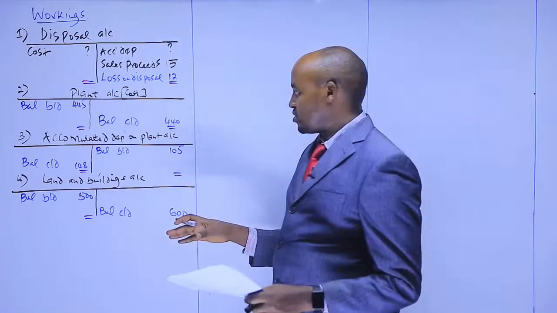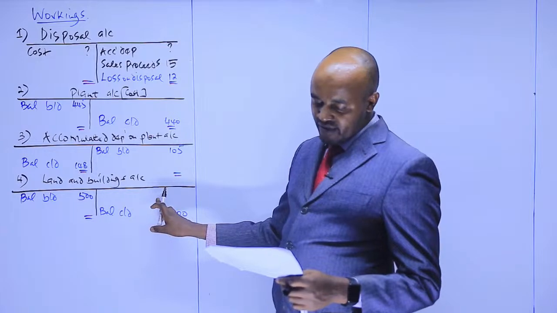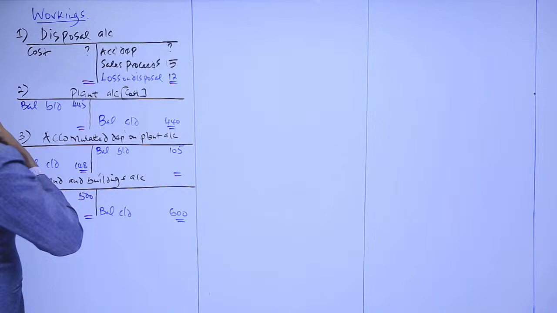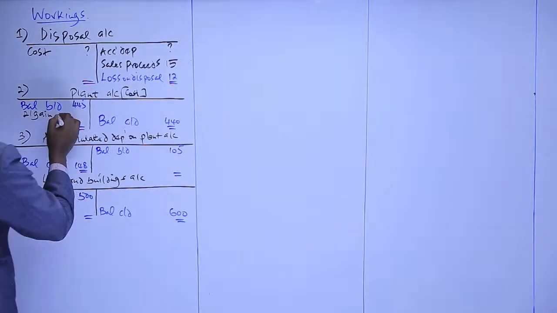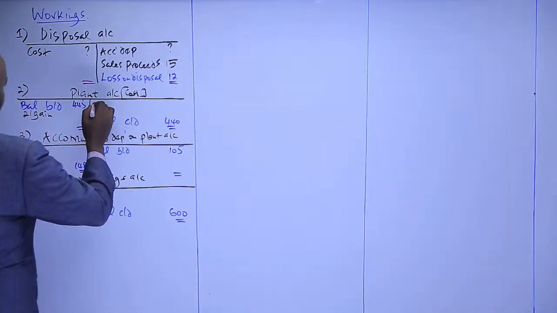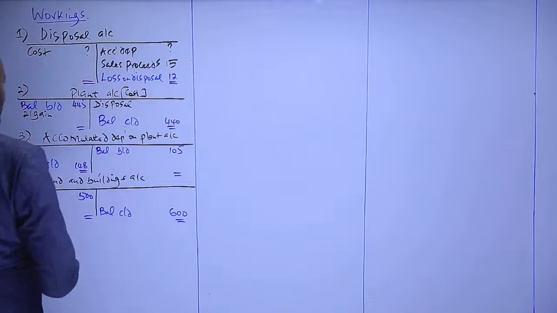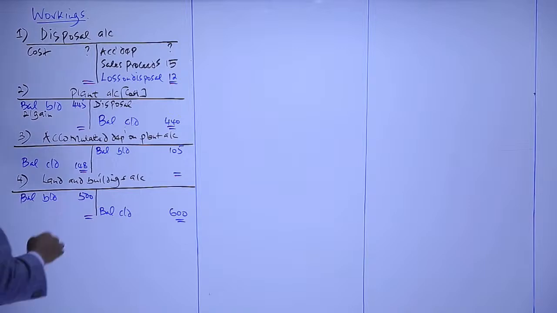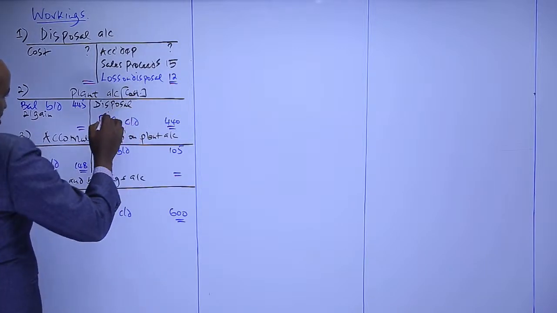So what we need to do then, can we go to note number 2? Note number 2, we are told land and buildings were revalued upward with an amount of 70. Generally, remember, in preparing any asset account, there are a number of items you should record here. Like in this case, any revaluation gain is recorded on this side, and any disposal of assets, taking into account this account we are preparing is at cost. We are going to have the assets which were disposed at cost. Take into account also this account is at cost. Depreciation is not recorded here, but it should be on the accumulated depreciation account.